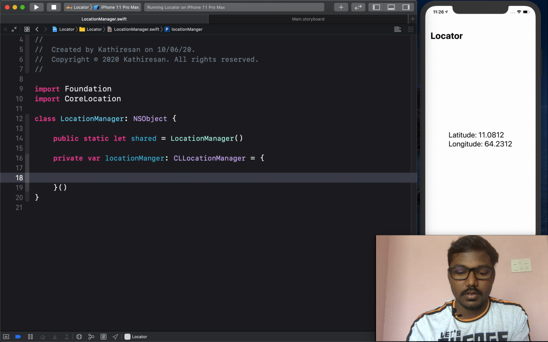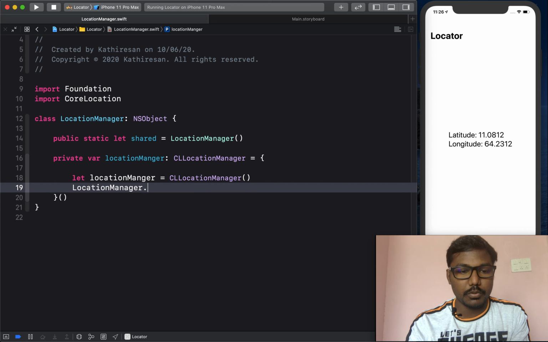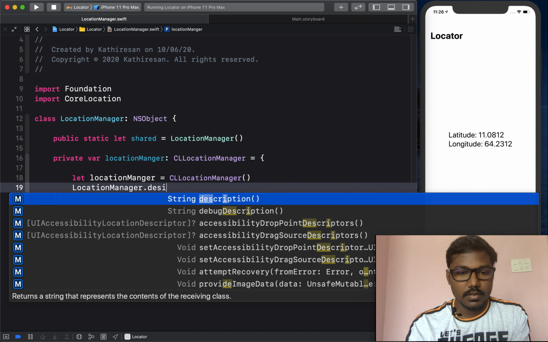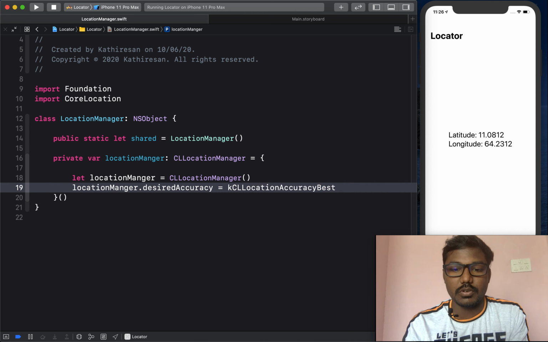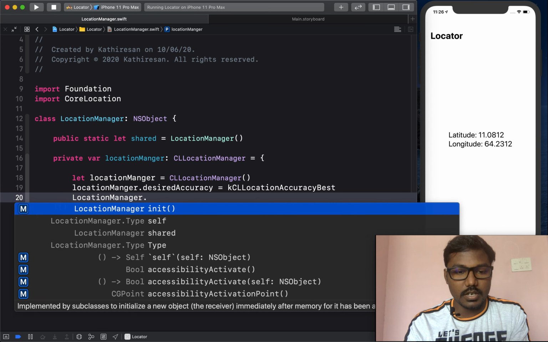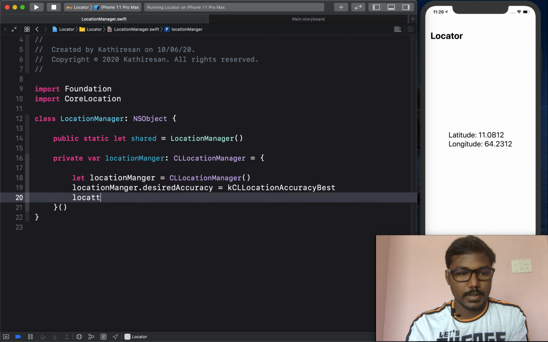Here I am creating a let locationManager equal to CLLocationManager, and I am setting my properties: desiredAccuracy is equal to kCLLocationAccuracyBest, and locationManager dot distanceFilter is equal to 10 meters.